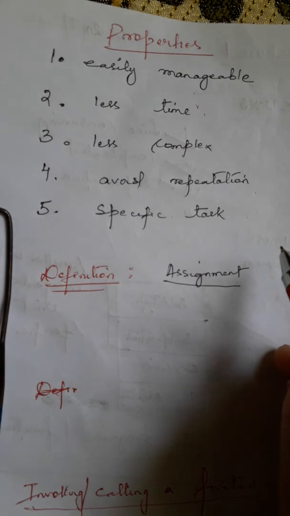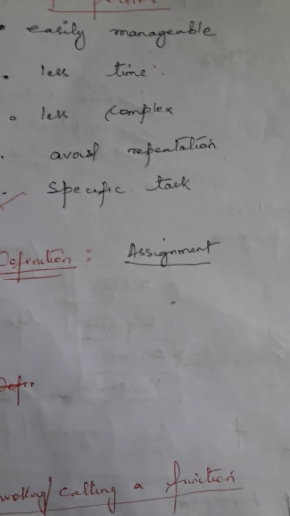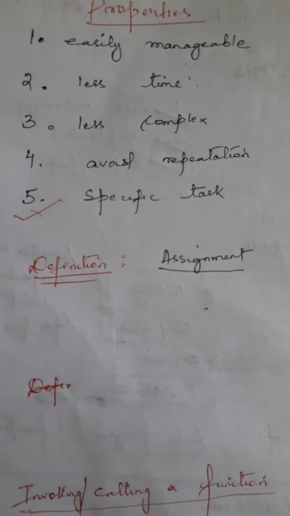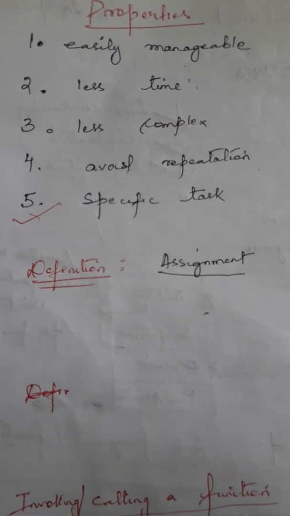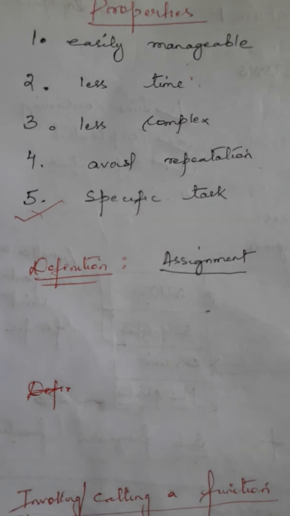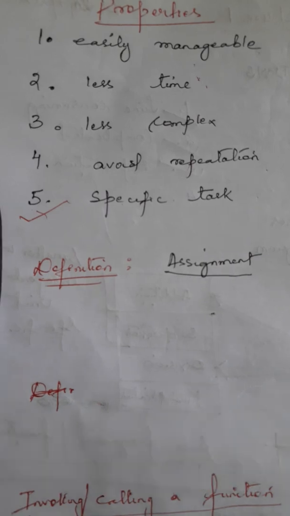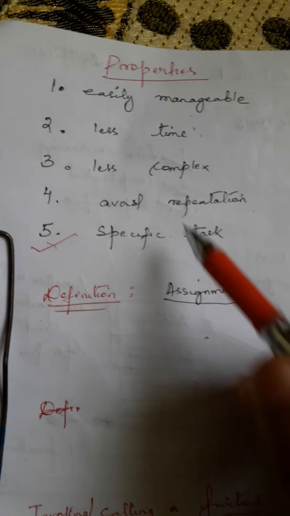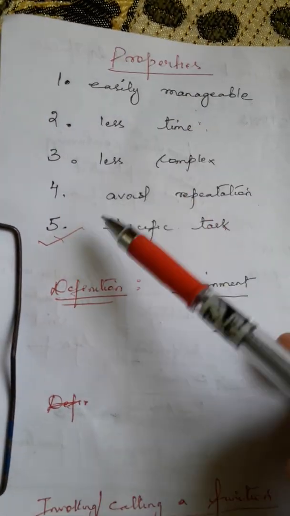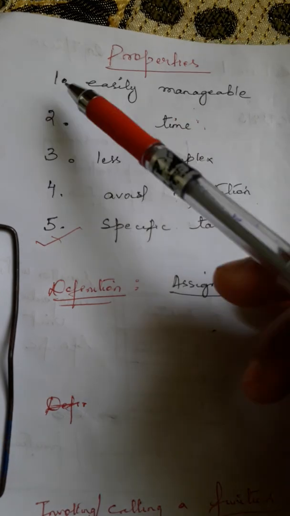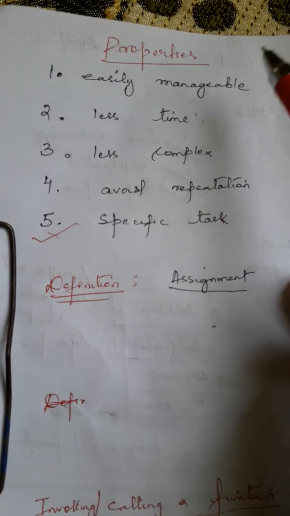Okay, what is more important is that your functions here are designed to carry out some very specific task. Fine. Like in the case of addition, it will carry out specifically only the addition operation, adding of numbers. It can be 2 numbers, 3 numbers, 4 numbers, and so on. But it will be designed only to carry out those very specific tasks. Fine. So this here can be referred to as the properties of a program. There are a few more. You can always add more here. But these are 5 of the basic properties of writing a function, or you can also call them advantages